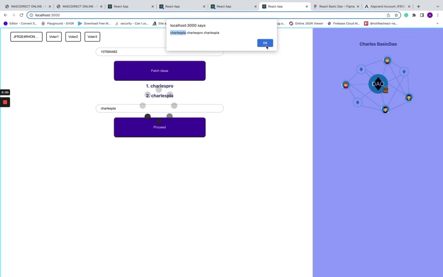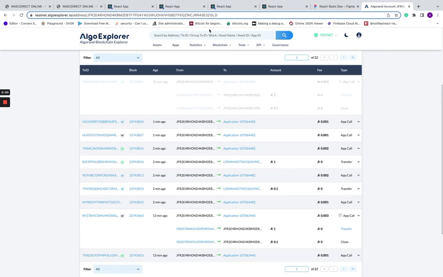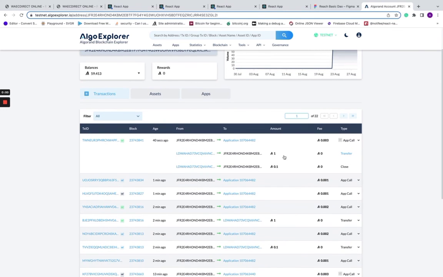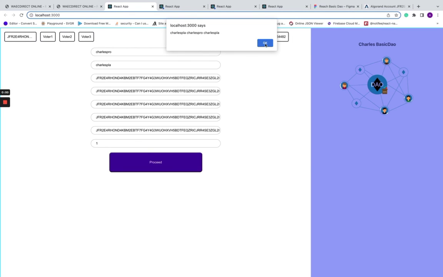As you can see now, we have share spray. Let's copy the address and verify from Argo Explorer. Then we can click on search. As you can see here now, one Argo is transferred to this. Two voters vote for share spray, one voter votes for the other. So share spray actually wins this particular contract, and the fund